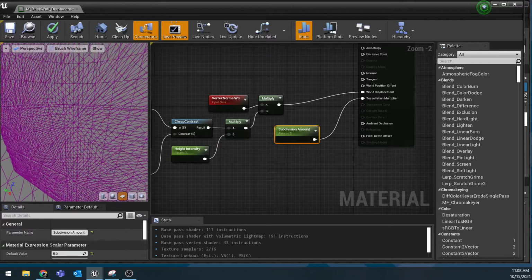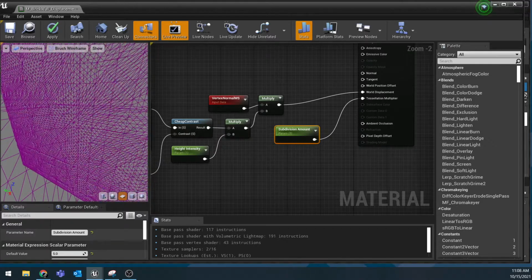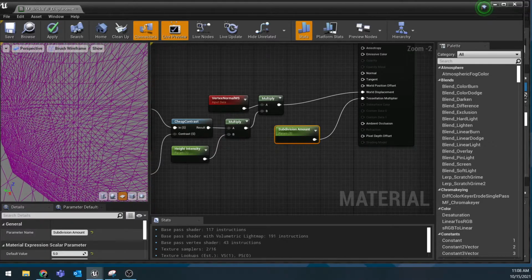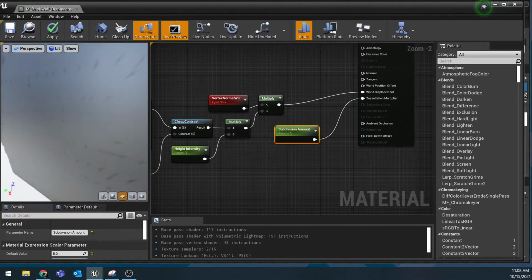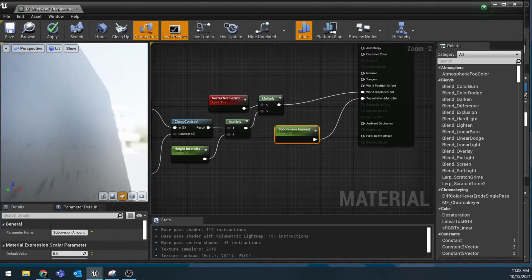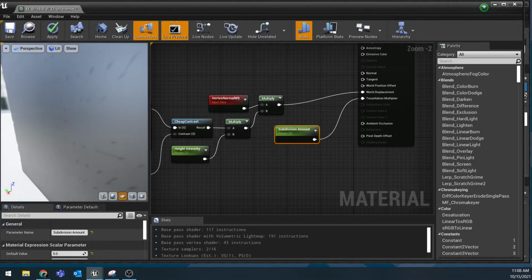We suddenly have a whole bunch of geometry to work with, so we should be able to start getting some displacement on there. So let me change it back to lit. You can start to see it working probably a little bit better. But keep in mind, the more you tessellate, the more